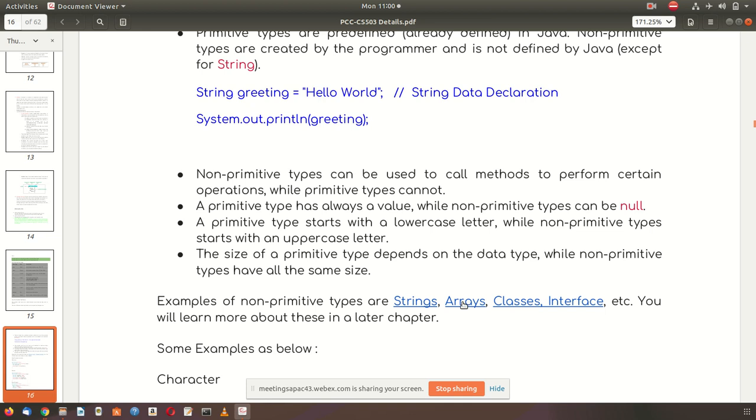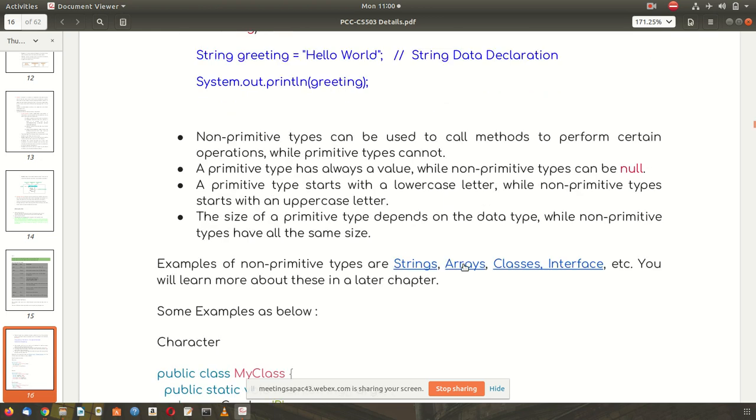Array is not a data type. You create an array by using the square bracket operator. For a class, we use the class keyword. For an interface, we use the interface keyword.